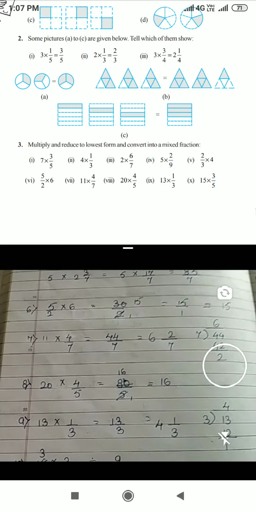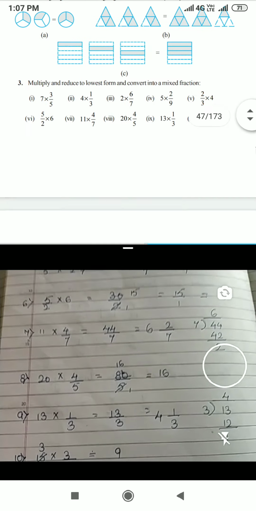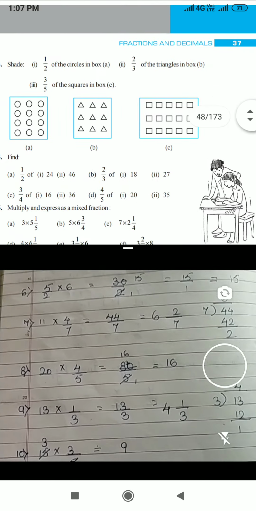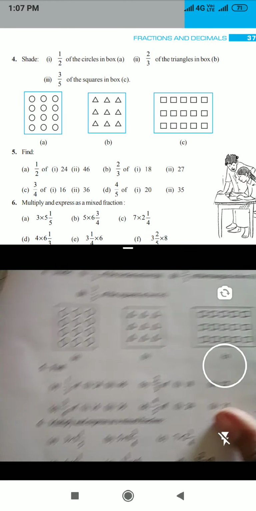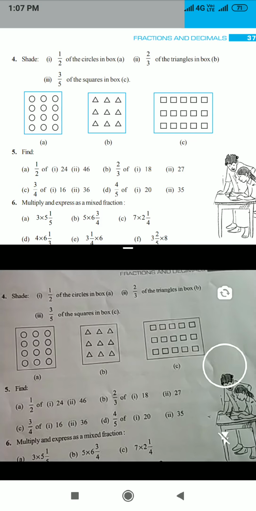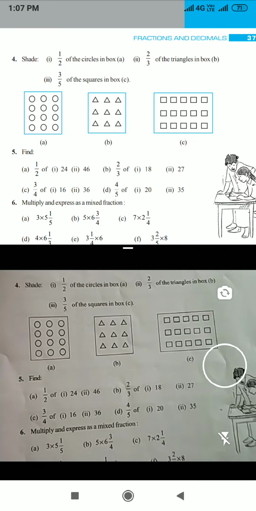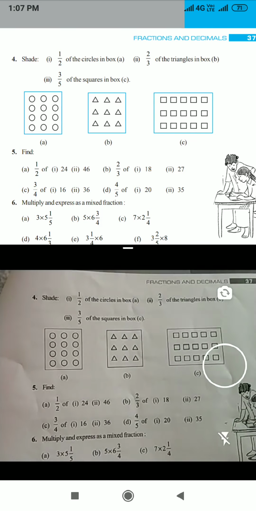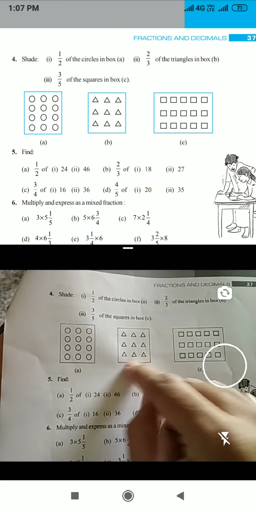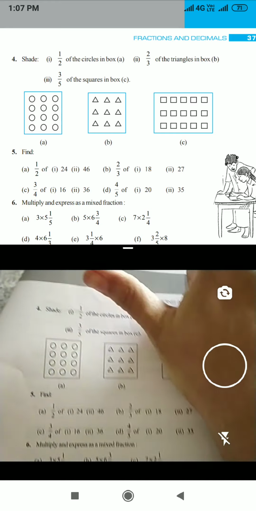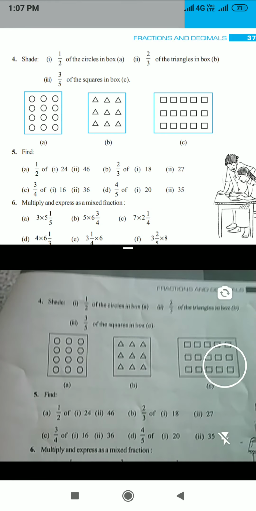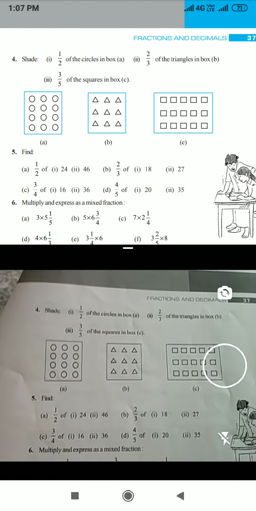Now we'll go for the next sum, question number 4. Okay, question number 4 is there. Now here again you have to write the answer and draw. Okay, now what I am going to do, I am going to solve the answers here only downside, but in your CWs you are going to solve in your classwork. You have to copy the question, in front of that the answer. Okay. Now our first one.